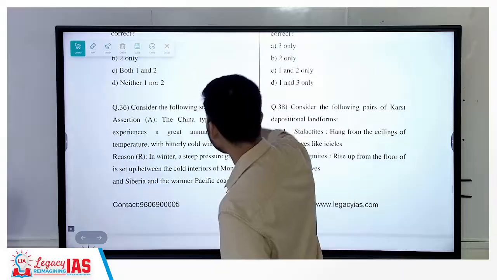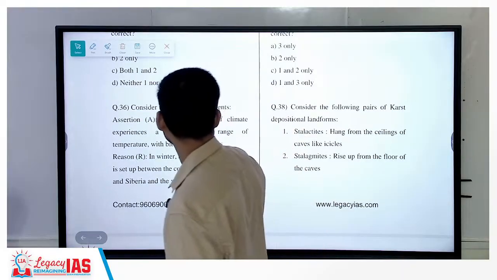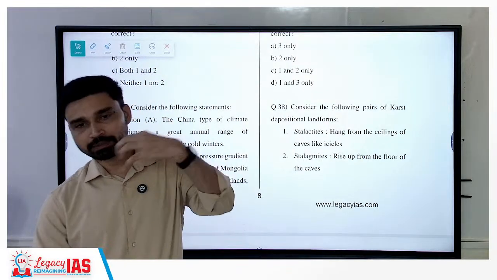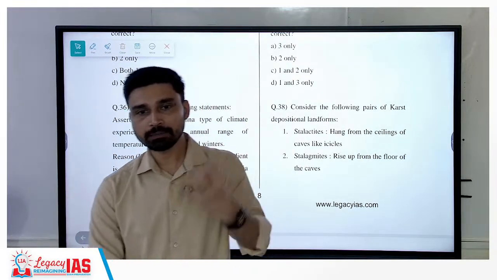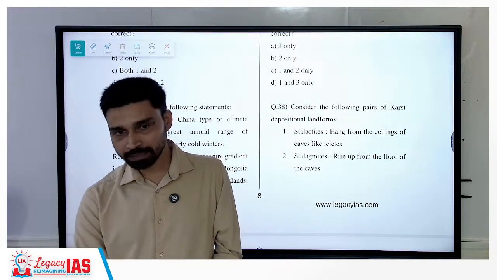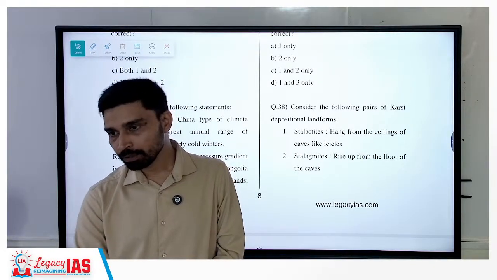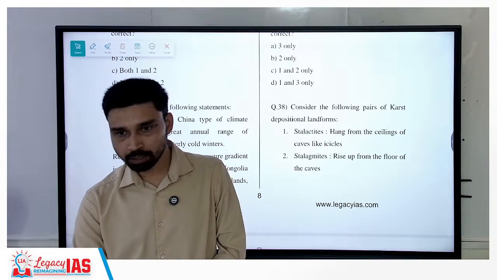Okay, so basically what we can say, A is the correct option. You have the change of wind movement. In the winter, what happened? The continental interior becomes very cold. You have development of high pressure, and over the ocean, you will have low pressure. Why? Simple concept, differential heating of land and water we have discussed.